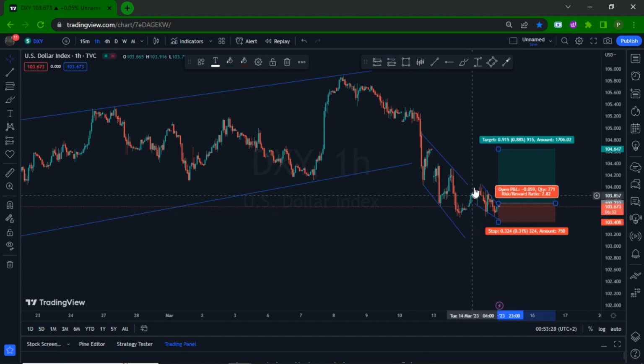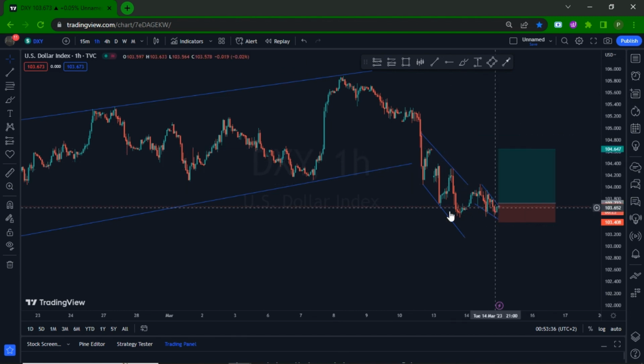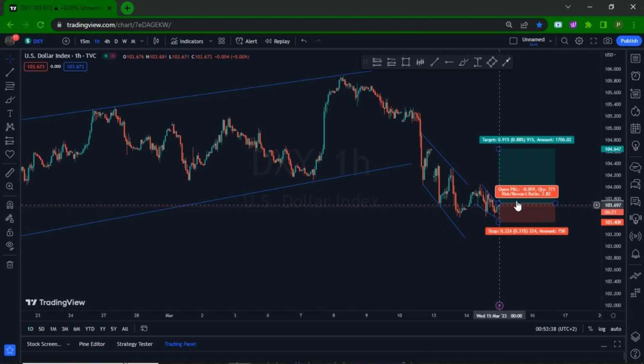But then I look forward to seeing some form of impulse, correction, and impulse to the upside again here, right? It may go further or it may play around here. Let's just see how it moves. This one's risk to reward is not that great unless you're aiming around here, then you have a 3, right? But then